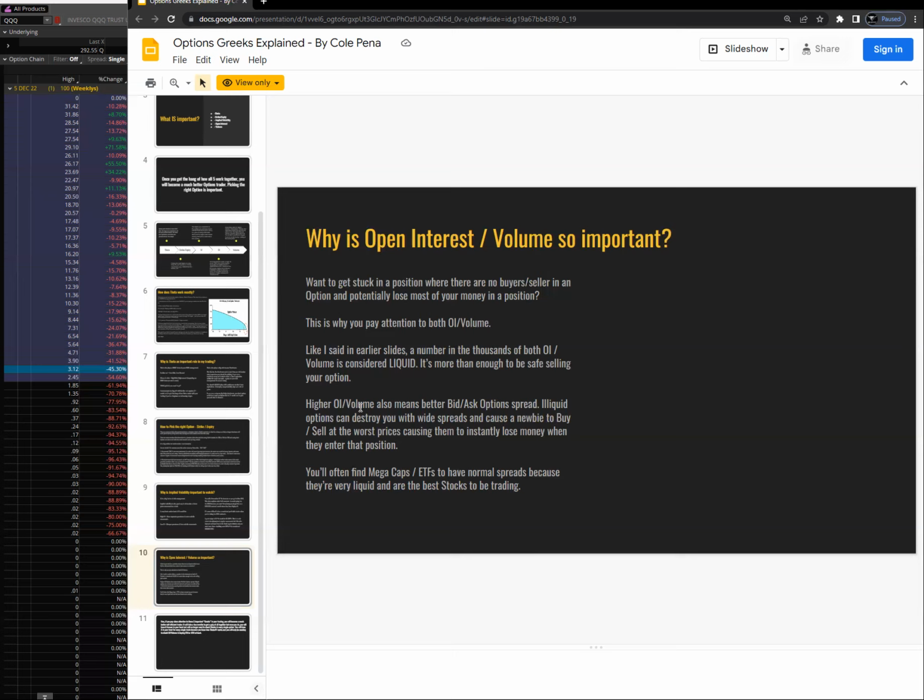I see this every day. Someone asked me, how come I bought this at 225 when you bought this at 215? They didn't check the open interest. They didn't check the spread. They just bought at the market price and they bought at the worst prices. Like I said, you always want to check. You always want to do a limit order if there is a spread